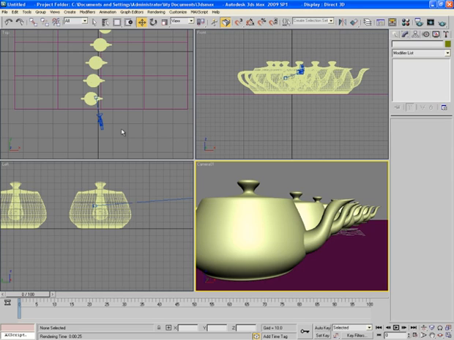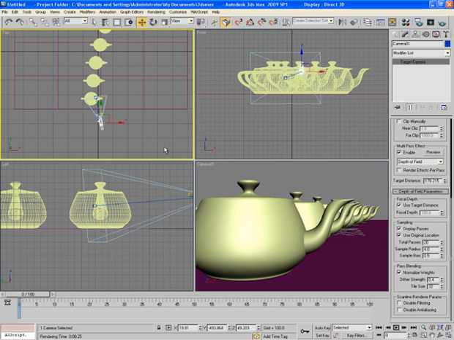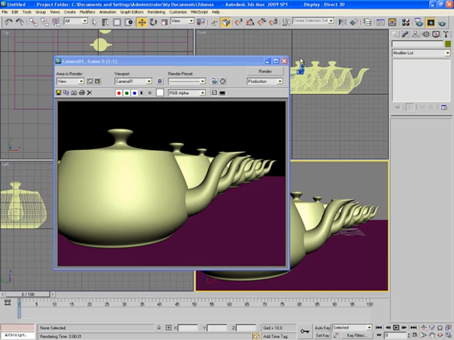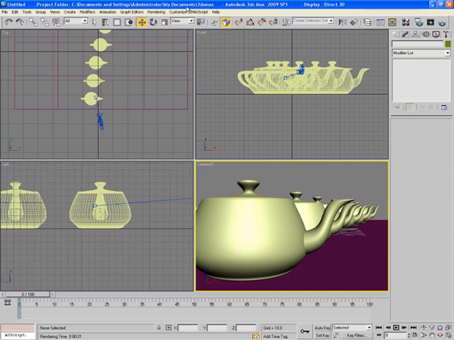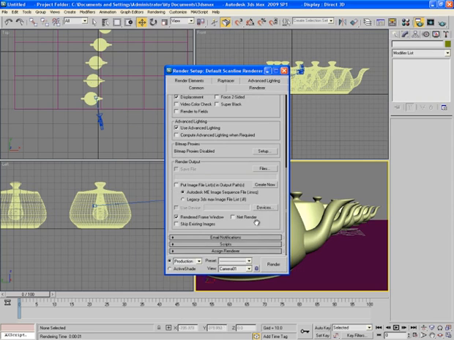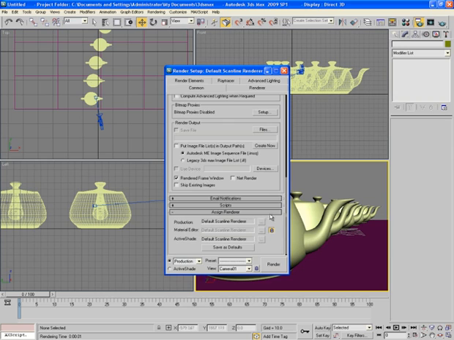And you remember that this technique is not limited to 3ds Max only. You can do the same thing in any 3D software like Maya, Cinema 4D, Blender, etc. So let's start, and for now turn this option off so that we have a single frame without any depth of field. And now go to rendering, render setup, and I would change the rendering engine from default scanline to mental ray.